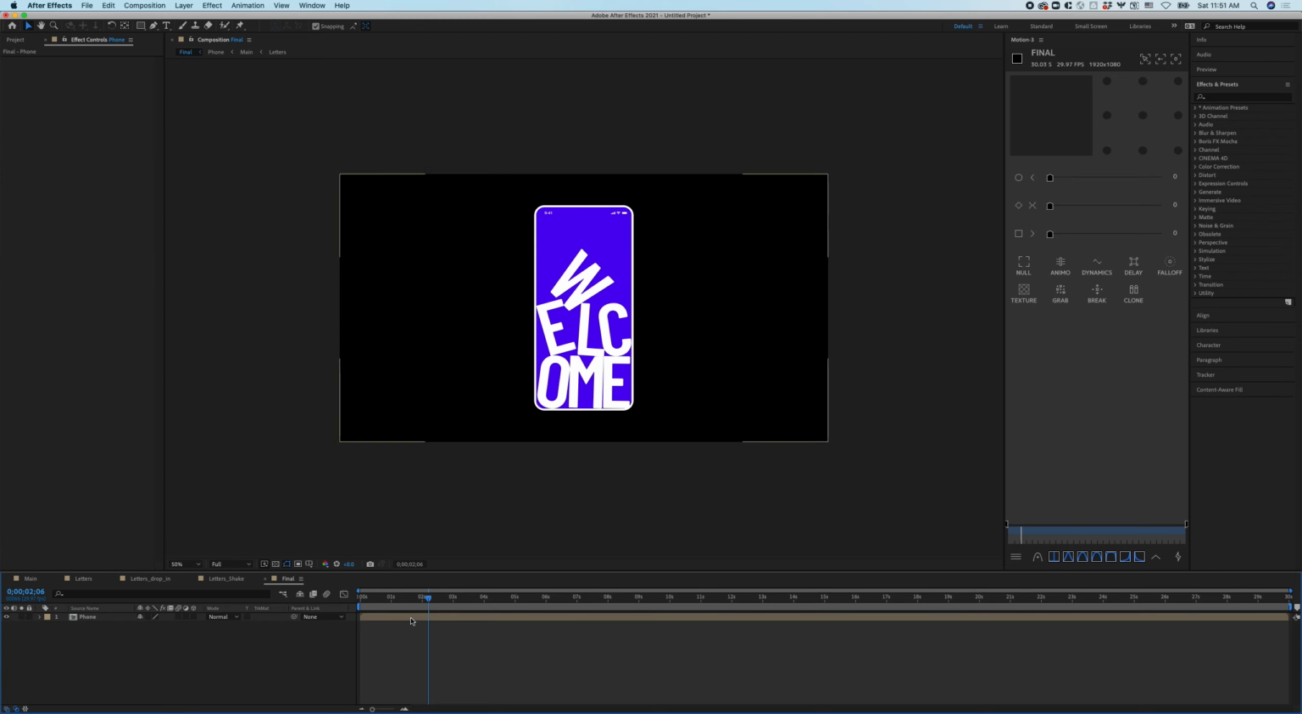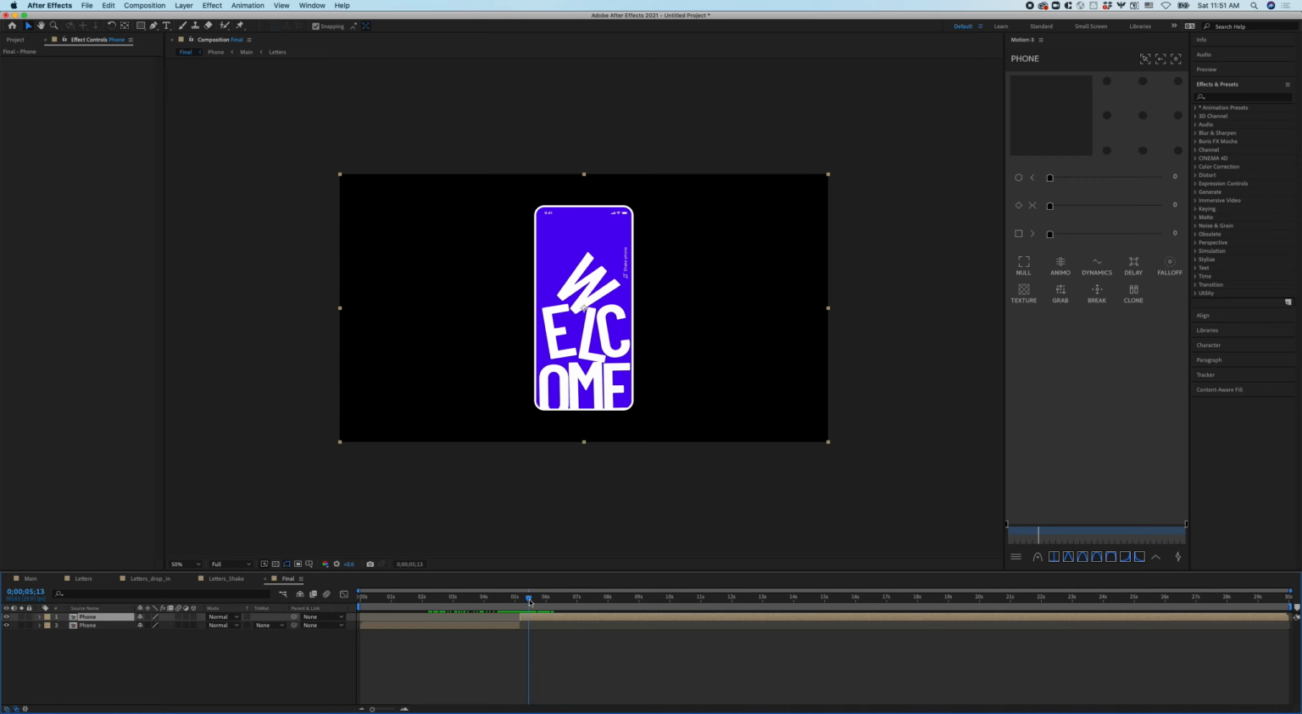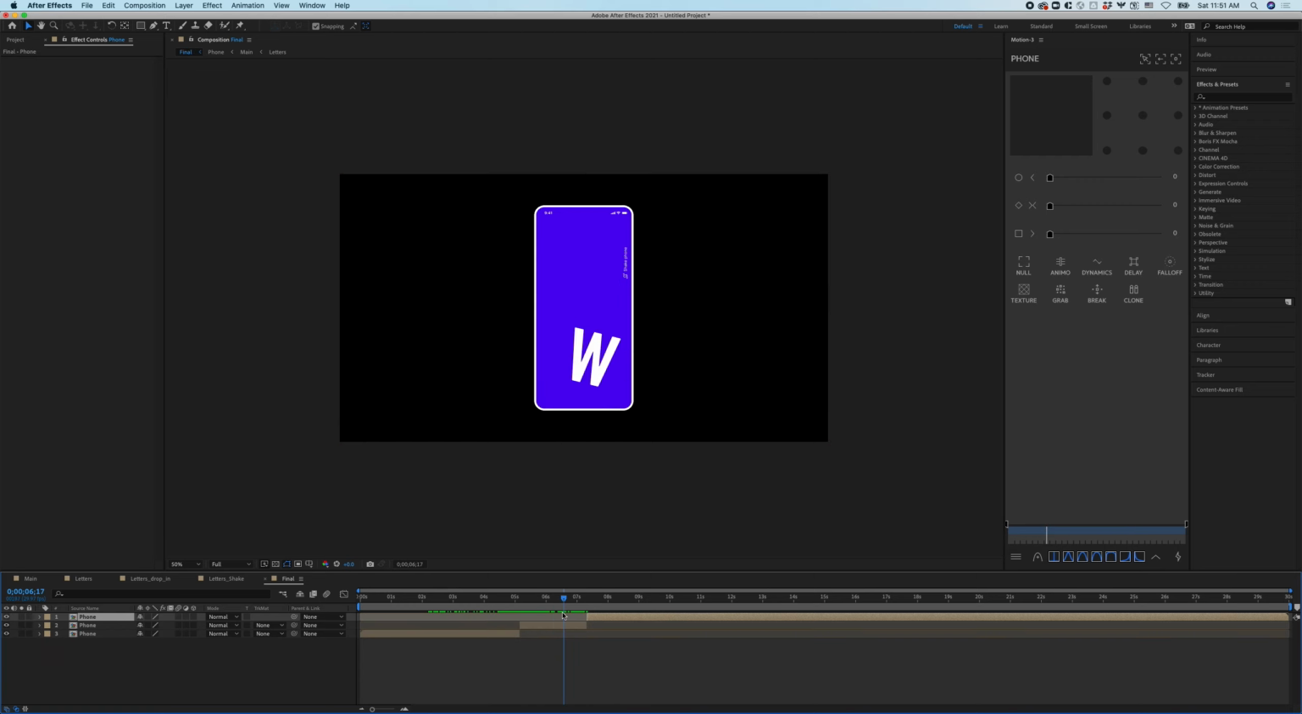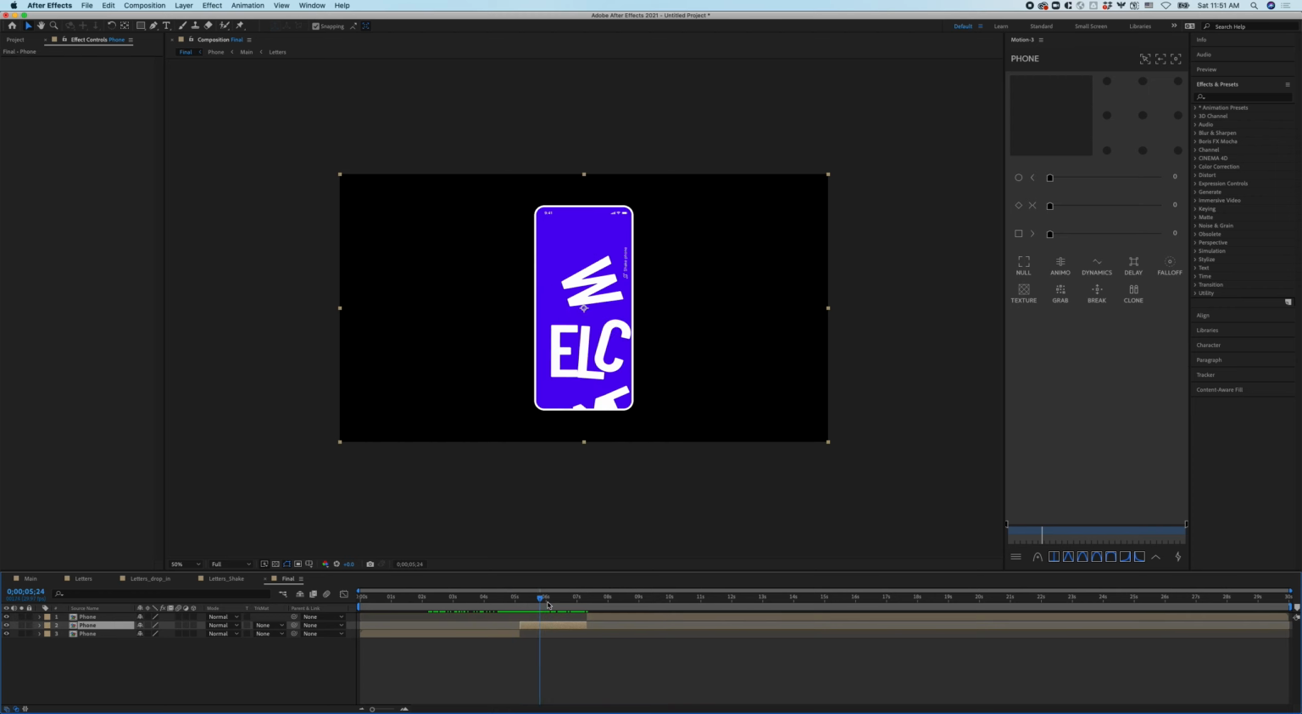Now what we want to do is find exactly where the shake takes place. So right around here, I'm going to select that layer, hit Command-Shift-D to cut it, and then find the end of the shake and cut it again, Command-Shift-D. So now this middle layer is where we want to actually apply an effect called